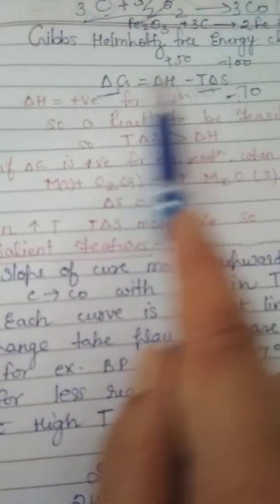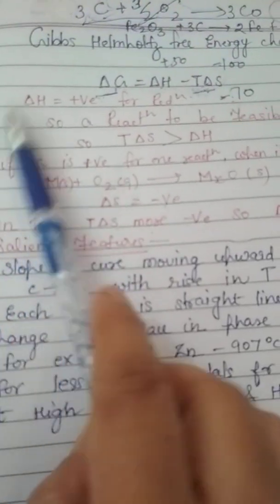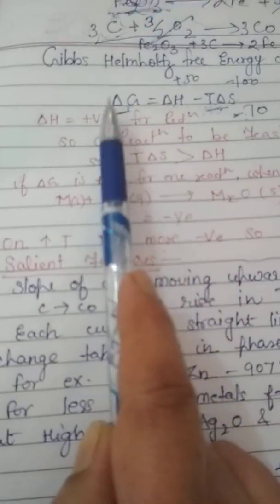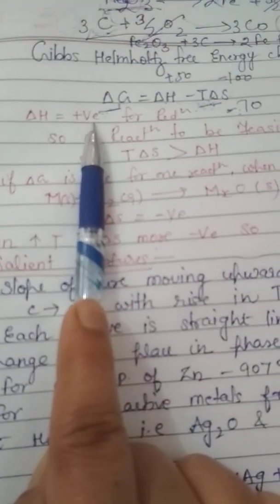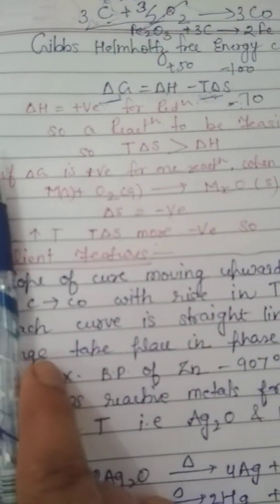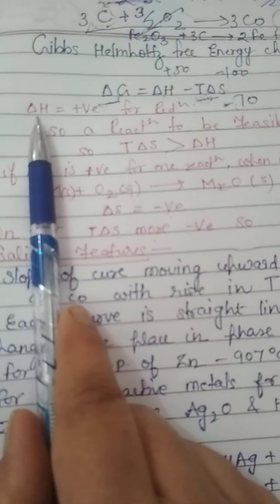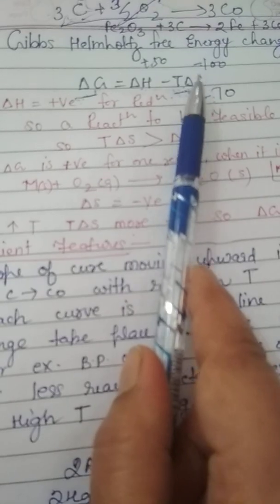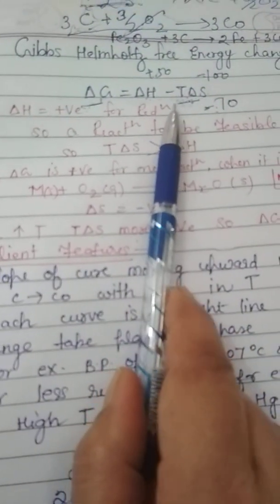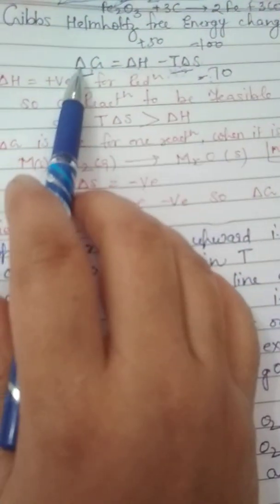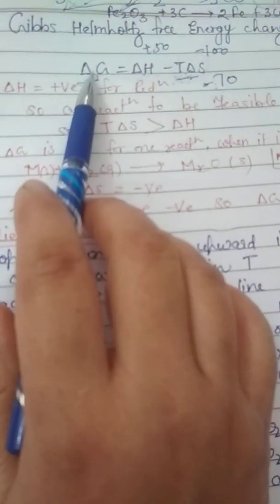As we studied yesterday, del G in most cases of reduction is positive. With the increase of temperature there would not be much change in del H, but there would be a change in the value of del S. So the change would be there in the randomness,